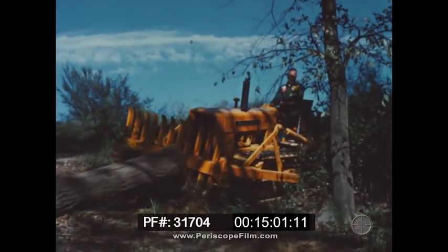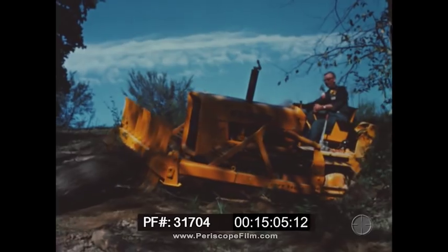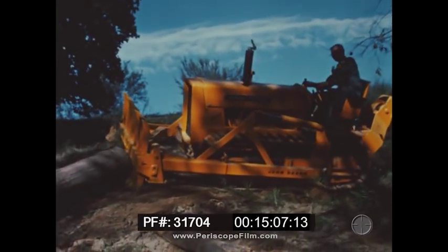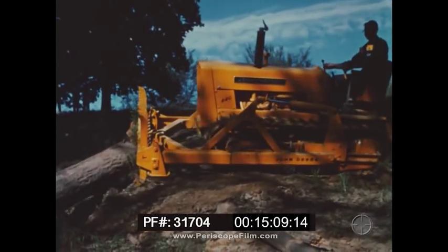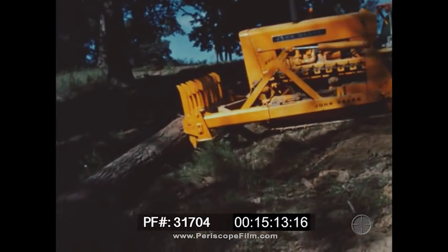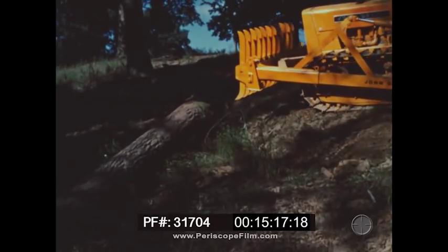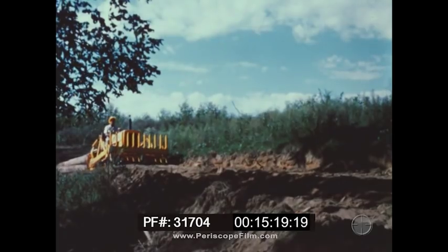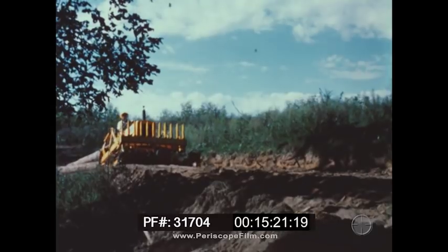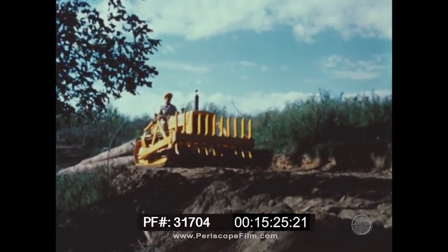The 600 brush and rock rake fits the 602, 62, and 63 bulldozers on 440 and 430 crawlers. 11 high-carbon heat-treated tines may be used in 3 different positions, 6, 9, or 12 inches below the frame. The new brush and rock rake is ideal for woodlands work, when it's combined with the 150 integral log arch